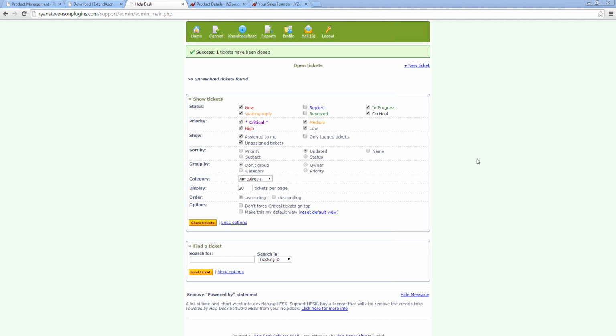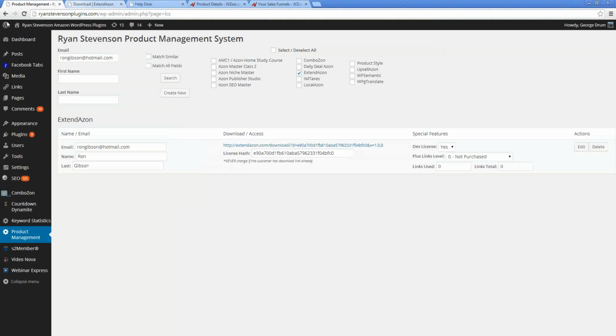And then handle the ones that you can handle. The ones that you're not sure about, ask me questions on those. And the ones that you're sure you're not going to be able to handle, simply assign those to my account. Then I will get an email notice every time you assign a ticket to me, and I'll know that I have a support ticket I need to go and take care of. I want to